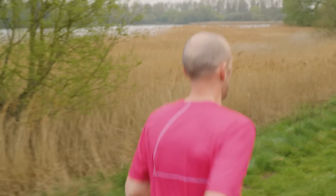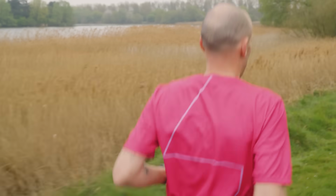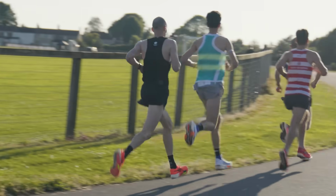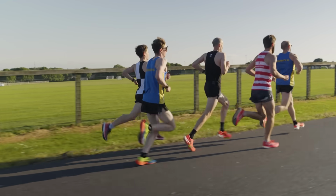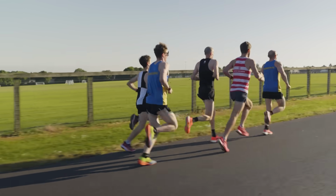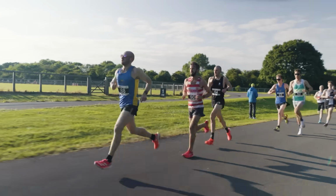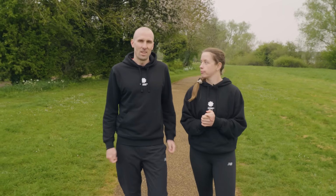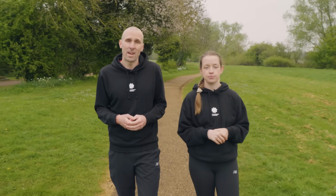Running at a slower pace can aid with recovery by drawing blood flow to the muscles at work. This increased circulation can deliver essential nutrients and oxygen to your muscles and can potentially reduce inflammation from previous hard workouts. This can reduce muscle soreness and fatigue, and hopefully can speed up recovery too. It also gives you a chance to focus on good running technique to avoid potential biomechanical issues that could lead